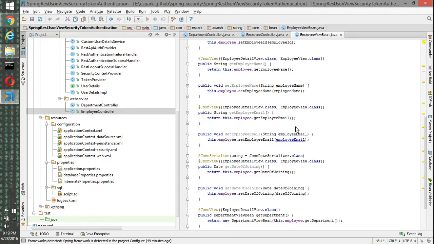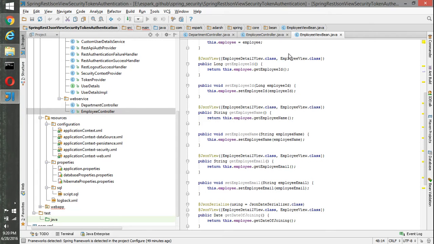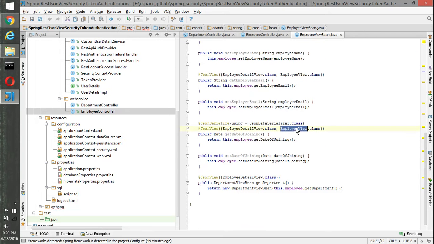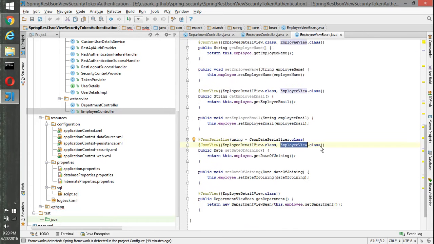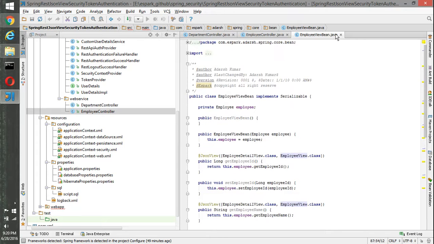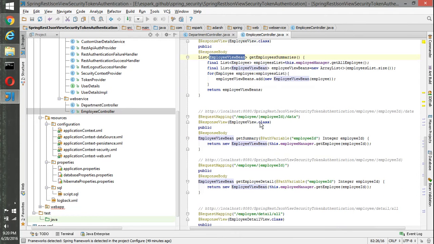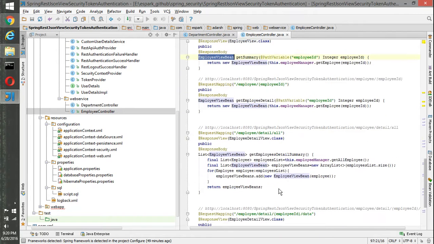Wherever we can see employee view, all these properties will be part of the JSON. Like that, for the same employee data, where we have employee view, we are returning the employee view bean. Like that we have a lot of things here.